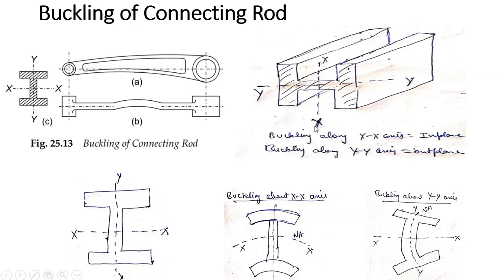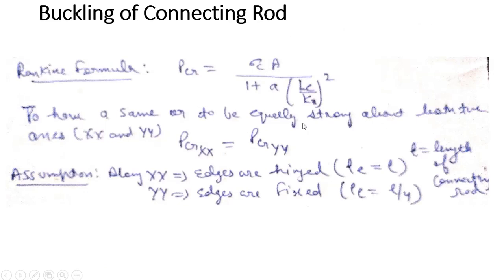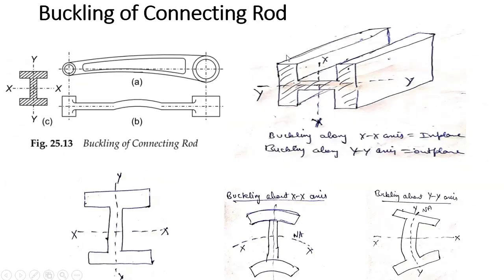Now the same case I can have here. If this buckling along the x-axis occurs, it will deform like this, with a curvature like this in this direction. That is the in plane direction. And if I talk about the y-axis, it will deform like this. This will be the one curvature I can have in the y-axis. So that is out of plane, and this is in plane. You can see it from this diagram also.